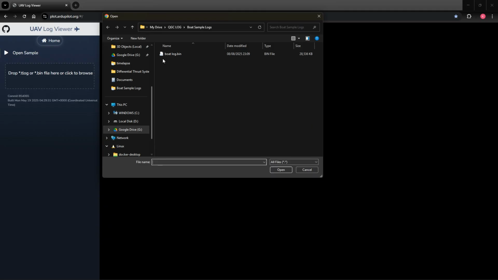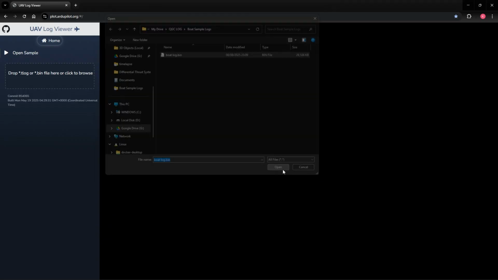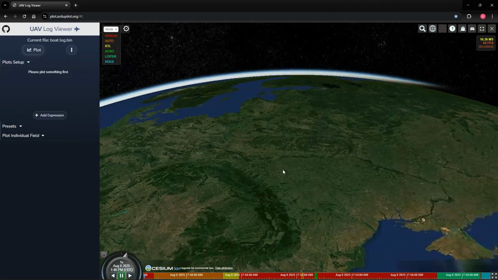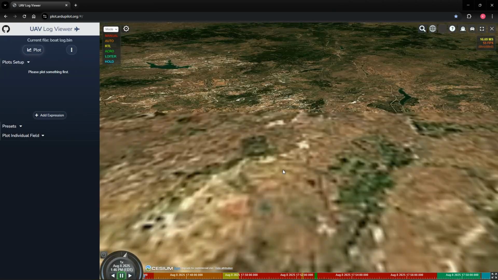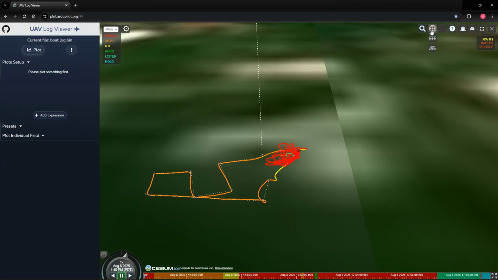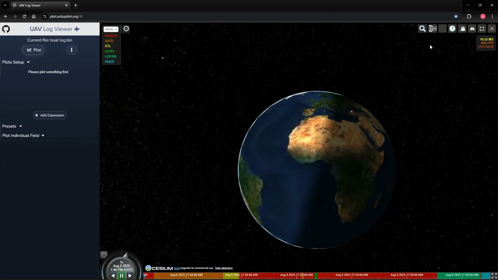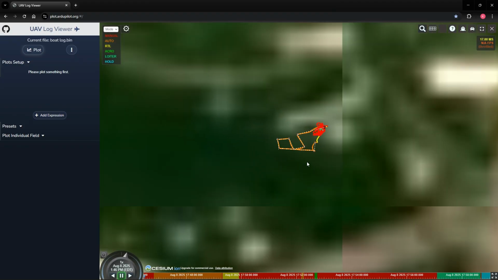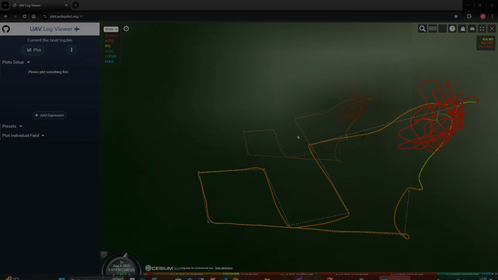I prefer ArduPilot's web tools because they're easy and quick for reviews, and they have nice visualization features for your tests. Open the plot.ardupilot.org website and upload your binary log file. Once the upload finishes, your test will be displayed on a 3D world map. If you also have GPS data in your file, you can choose a 2D map as well for review.